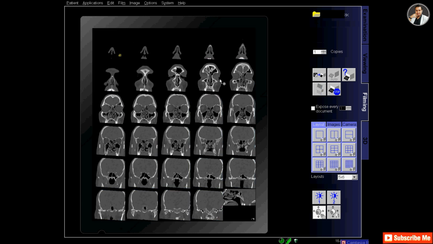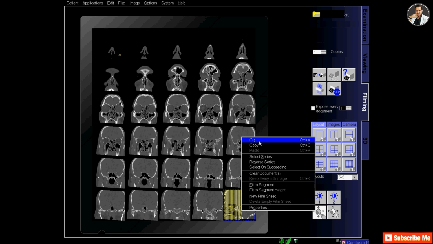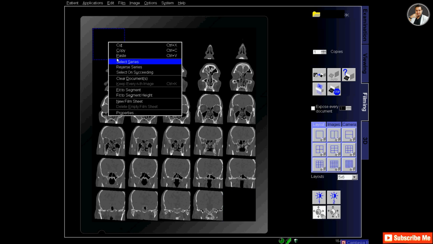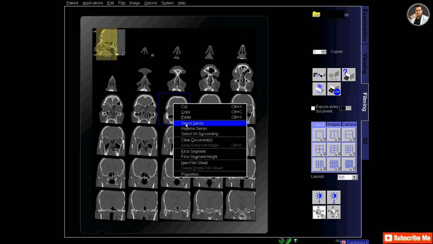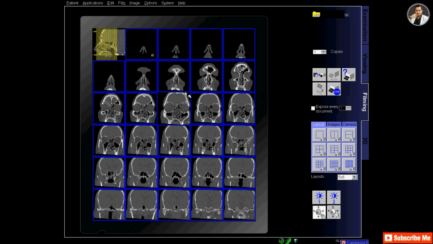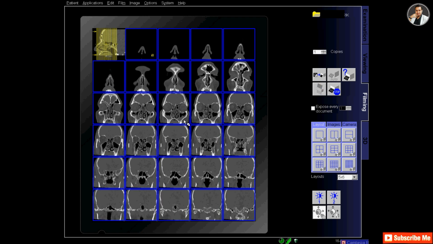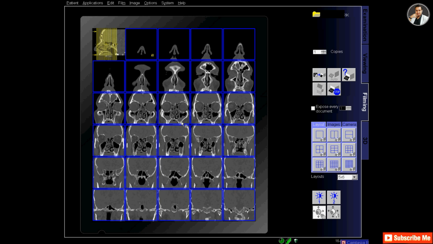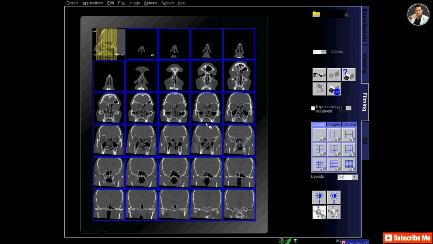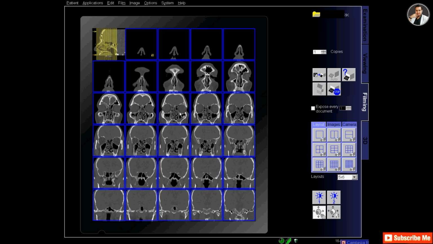And now I am in the filming, making the coronal images. I select 5:6 layout. That means 30 images will fit in the film. And also add the reference image for the coronal images and zoom the image so that the sinuses are clearly visible.